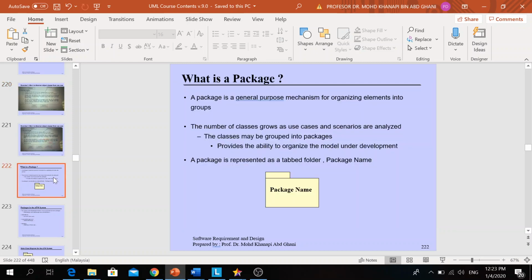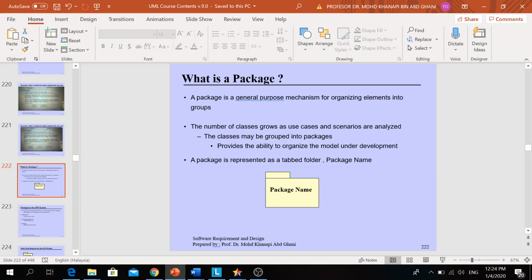Okay. Before we end, I need to introduce another notation in UML. They call it a package. A package is a general purpose mechanism for organizing elements into groups. This package is very important, and we will use this notation a lot when we do the high level design of the application.